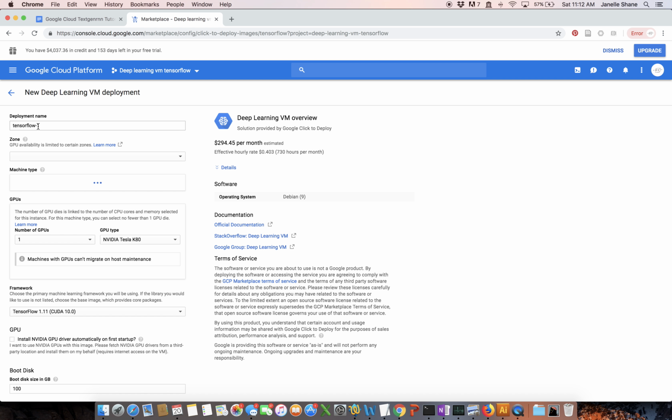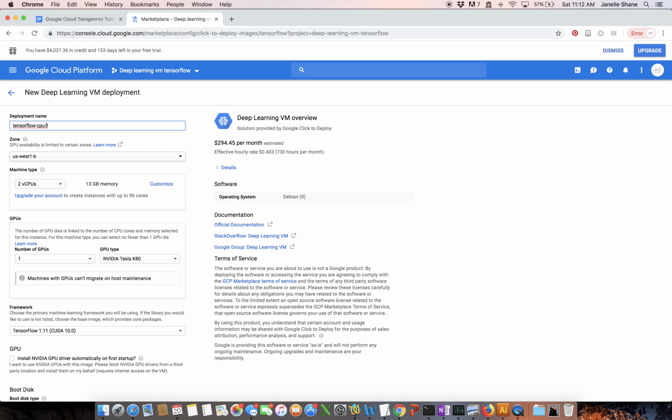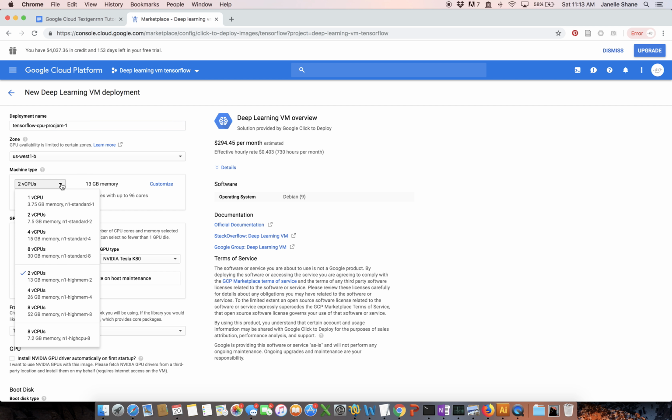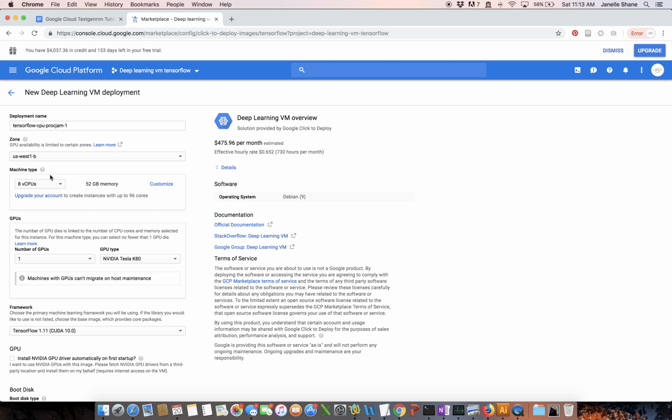Cool. So we get to choose a name, TensorFlow, CPU 1. I already have something named that because I've already been testing this thing a little bit. So let's do PROCJAM. Put that in there. Okay. And the zone is okay. We get as many virtual CPUs as we want under the free trial. I think it's when we are doing the GPUs that it costs. So let's go ahead and